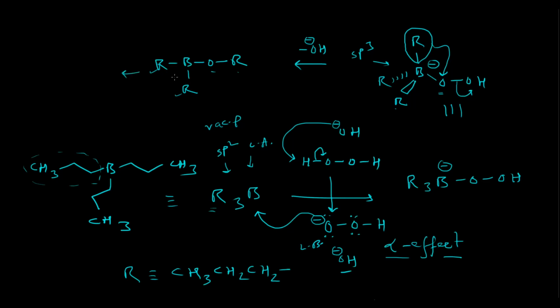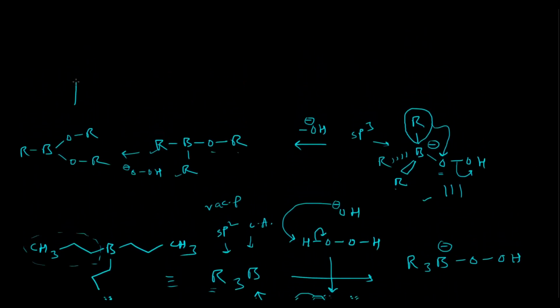So this molecule will again undergo another attack by the hydroperoxide anion, and that will again lead to this kind of migration in the negatively charged boron center. So the second step will produce this compound, and after that another attack will take place by the hydroperoxide anion, and this will ultimately lead to the formation of this species.